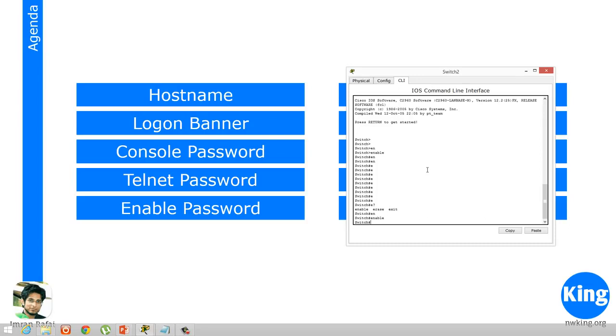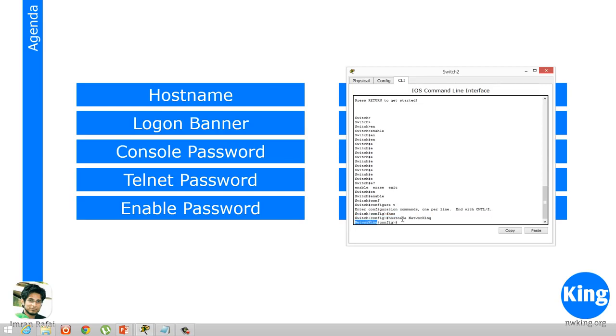Now host name is a change that is applicable to the whole device, so it has to be made from the global configuration mode. So we go into configuration mode by typing configure terminal. You could, like I said, make use of the shortcut CONFT, which is config terminal. So I would go here. If I want to change the host name, I type hostname, and then let's say I put networking, right? So if you can see, my host name got changed to